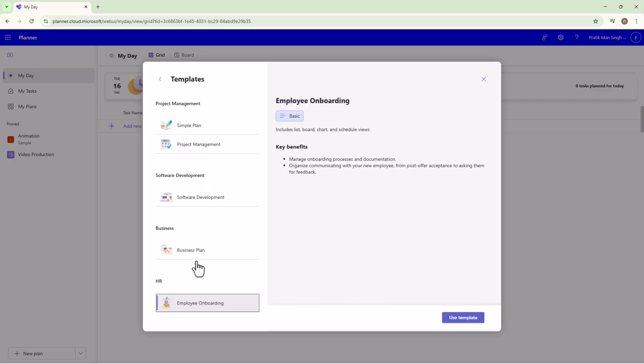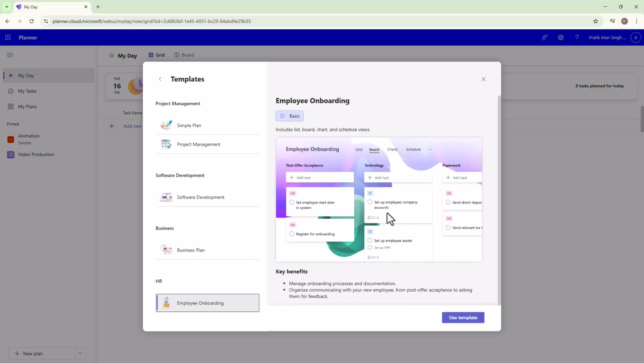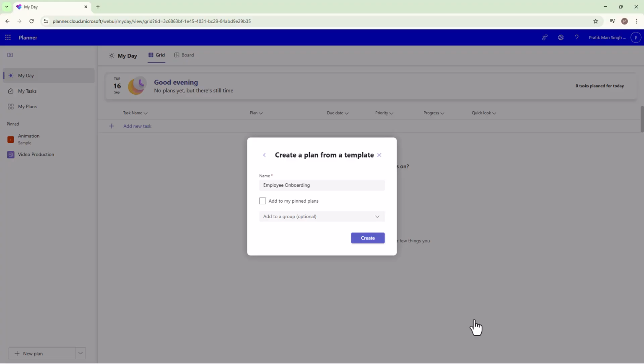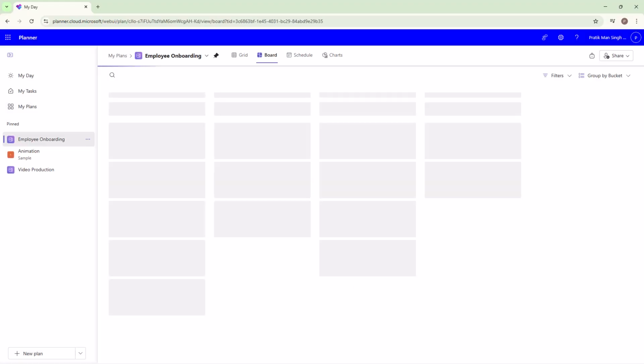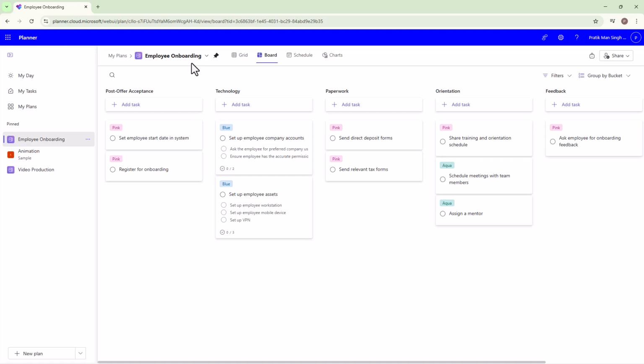But if I were to click on Employee Onboarding, for example, then I can simply utilize this template right here, just like this. You can even add it to a group or add it to the pin plan. So I'm just going to add it to pin plan and then create a plan right here. In a while, all of the board will be there and all of the template cards will be loaded. So you can see the employee onboarding right here, and you can see post offer acceptance, technology, paperwork, orientation, feedback,